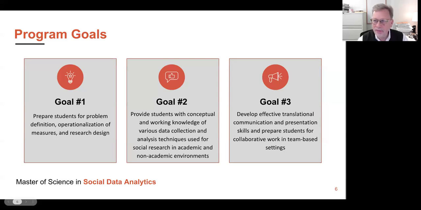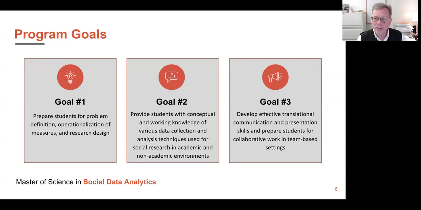And just again, to repeat myself a little, the real goal of this program is for students to be comfortable working with a range of different data types, and to provide preparation on how to collect data. That can come in the form of survey data, web scraping, intensive, in-depth interviewing, or making sense out of focus group data. So how to collect data, how to analyze that data, and most importantly, how to find the story embedded within the data and tell that story to a client.